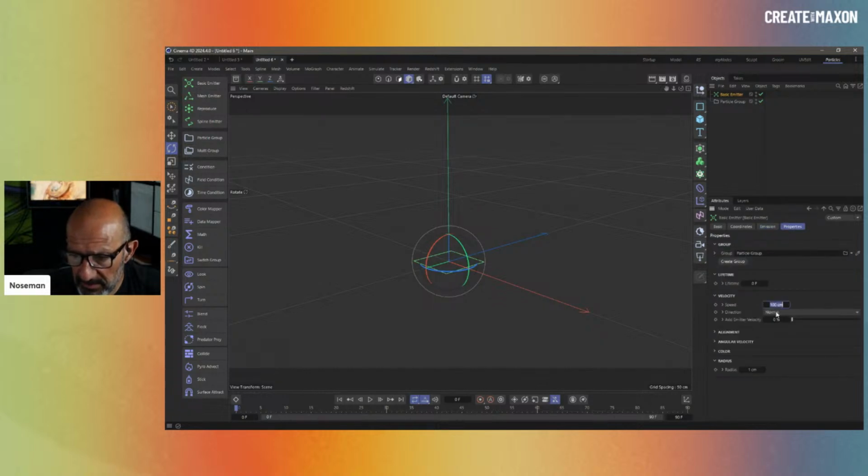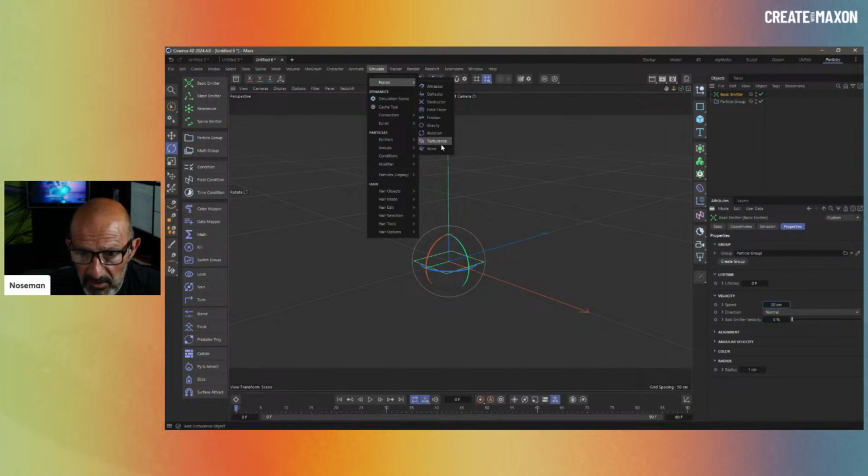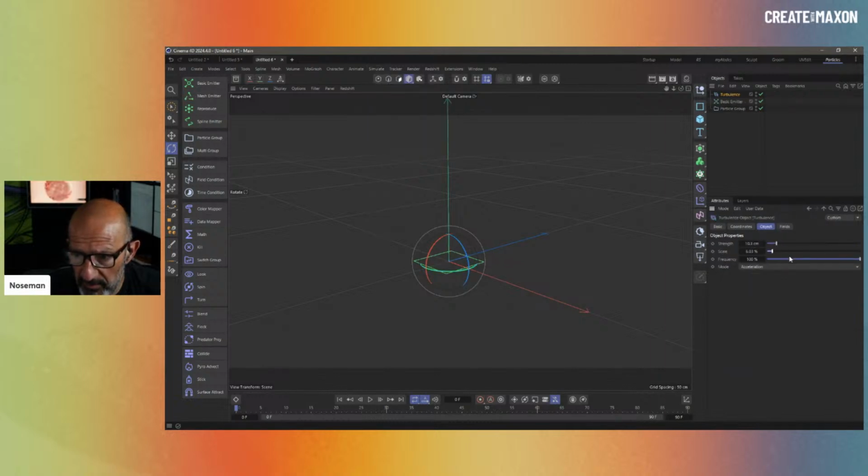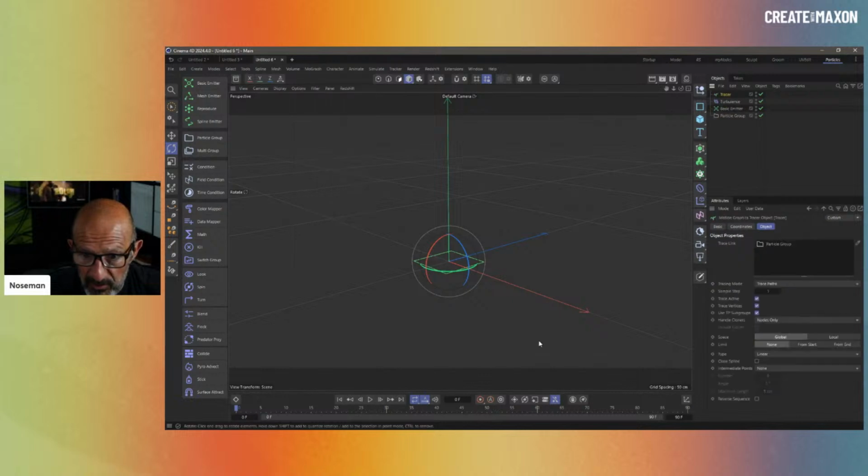And what I'm going to do is set the speed to something like 20. At the same time, let's go and add a bit of turbulence. And select the group and go and add very quickly a tracer. And this is going to trace these lines, right? You can see it's tracing the lines. And if I want to bias them